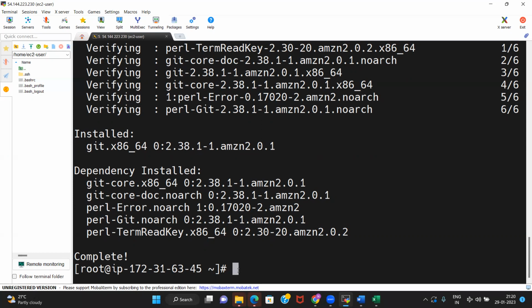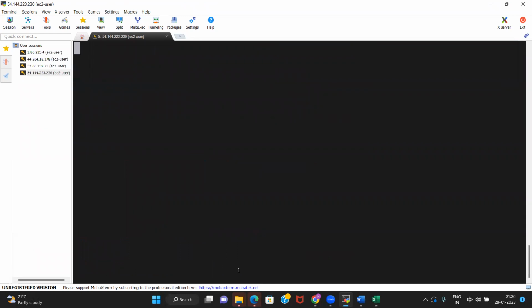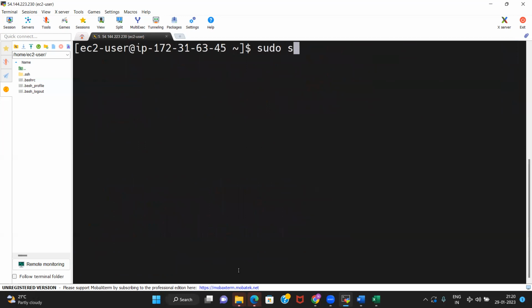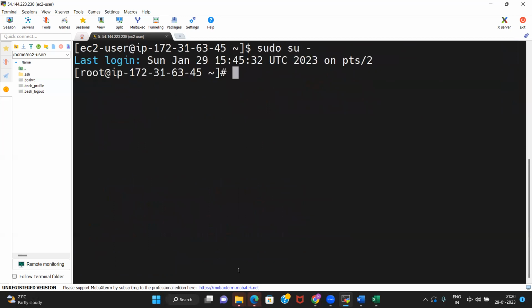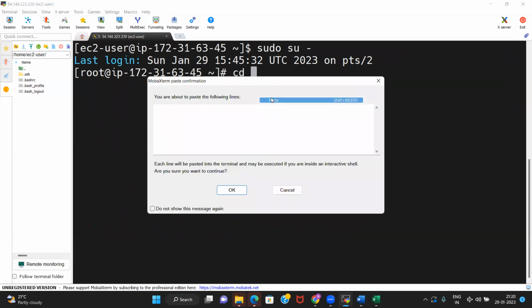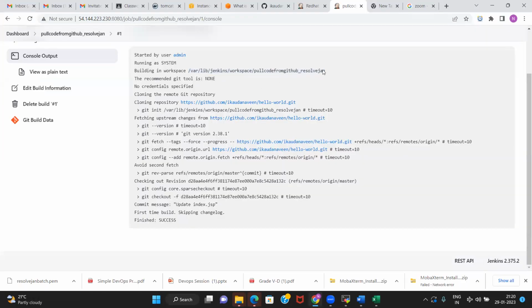Or the load, let us wait. And then let us go to this path, to the workspace. To the workspace, this place.